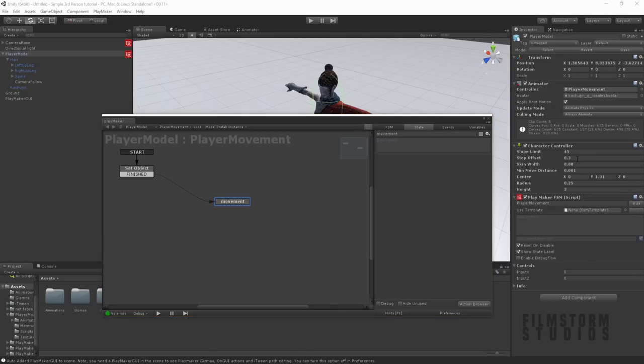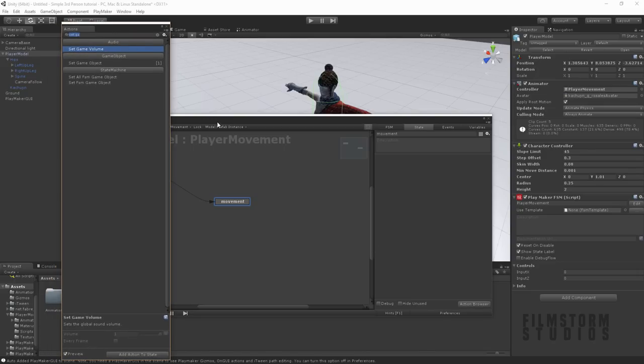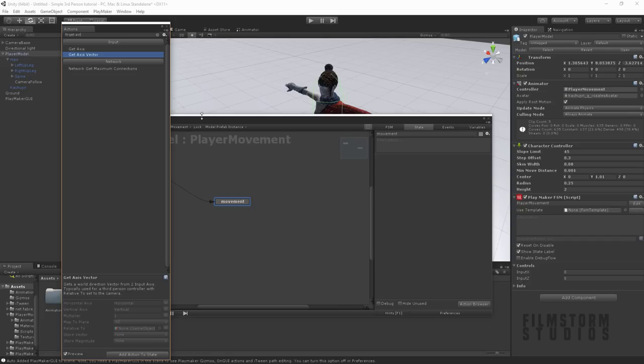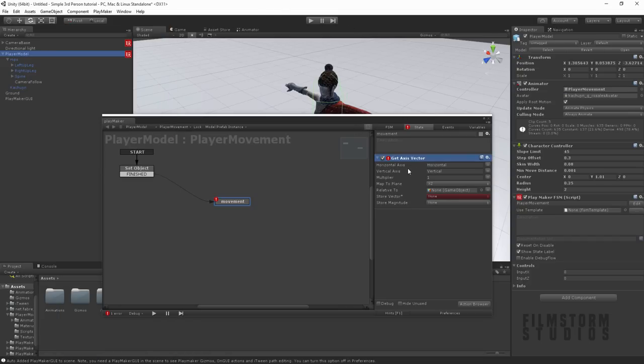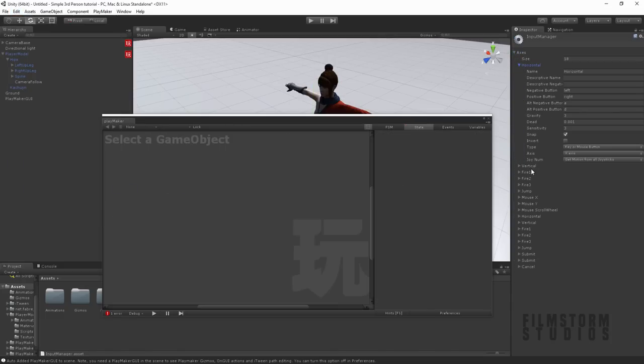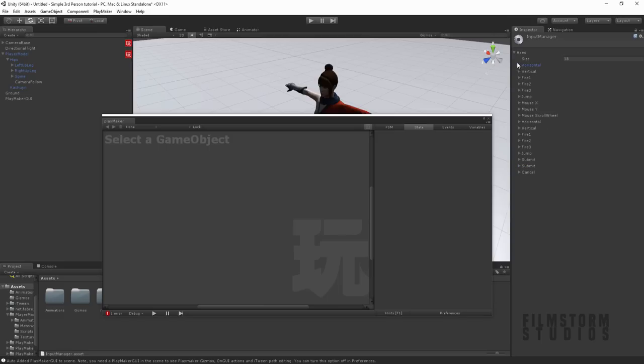The next thing we want to do is create an input axis vector. That's going to drive and get when we press our buttons on our keyboard, or the stick on our controller. So let's go input, get axis vector. This has already been set up, our horizontal and vertical axis inside our project settings, in our input. If you go down to here, here's our horizontal and vertical, so left or right, or A and D, or our vertical up and down, or S and W. So that's where you can find and change these keys if you wanted to make your game a little bit different.